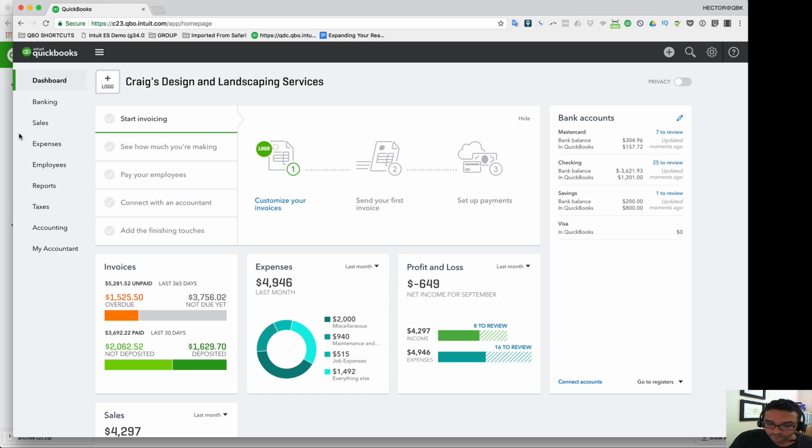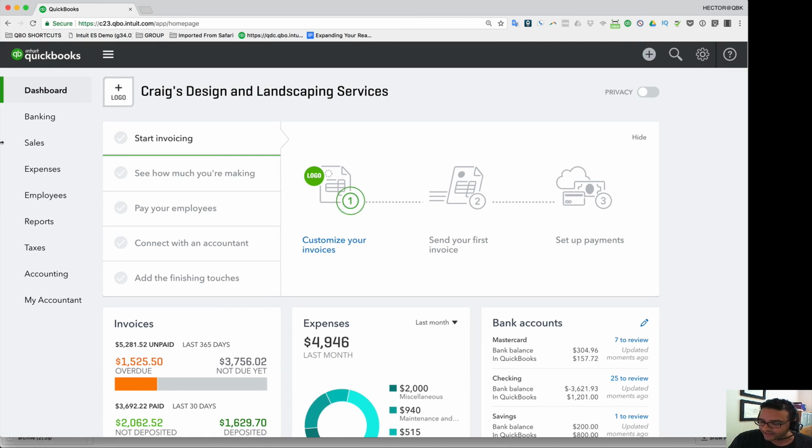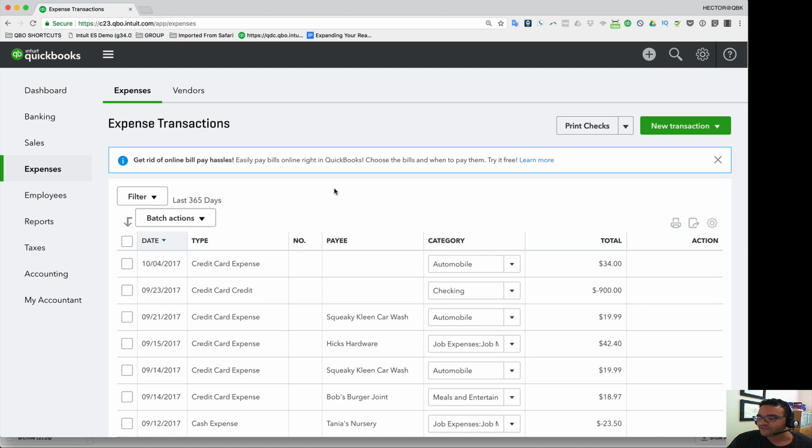So what I'm gonna do is show you something that doesn't feel natural, doesn't feel like it's supposed to be there, but once you see it, it is there. I'm gonna click on expenses, and this screen actually allows you to reclassify things pretty easily. For example, if this particular transaction, credit card expense, Quickie Clean car wash, is supposed to be something else,